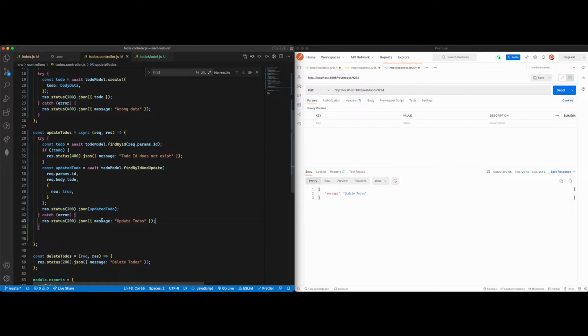Cut this, go here. Now we handle the bad request part, so if something went wrong, then it should be 4, if I'm not wrong. 4. Cannot update to-do. All right,